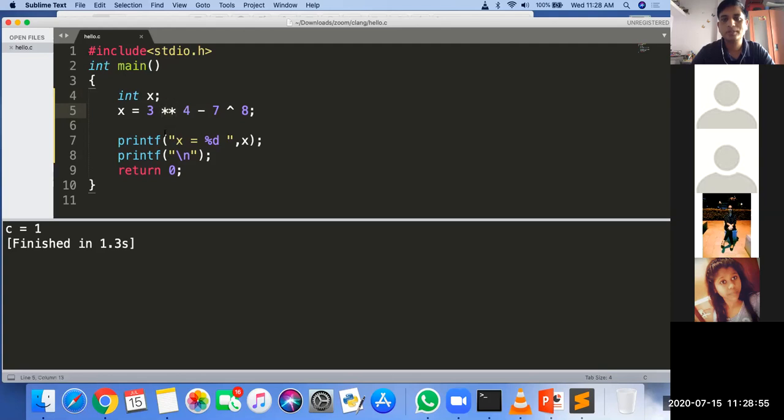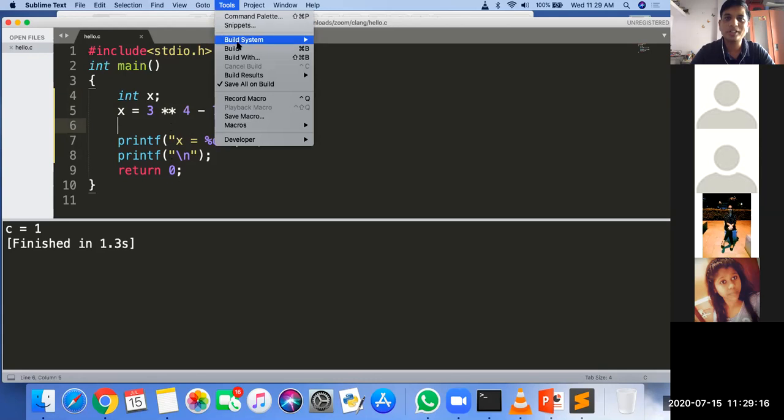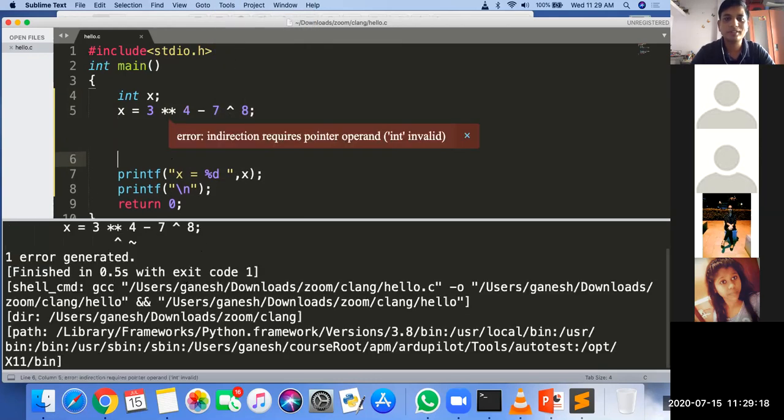Double star. What does double star represent? We took the different operators yesterday. Does any operator list contain the double star? No, sir. So it generates an error.